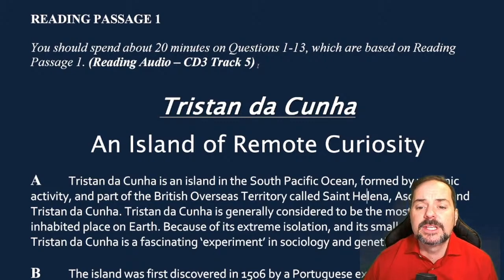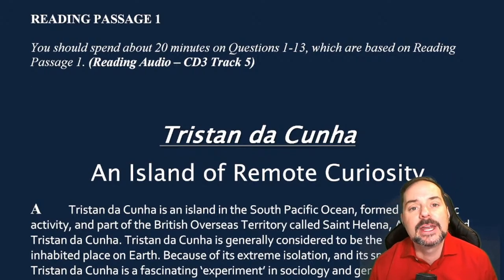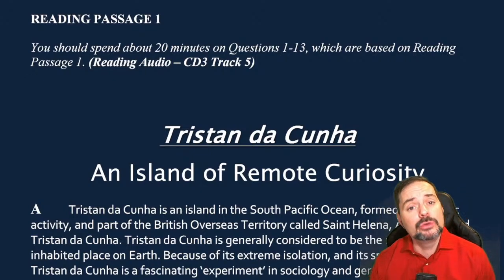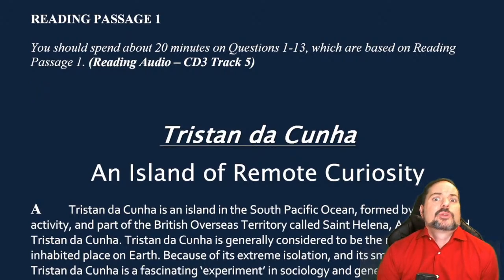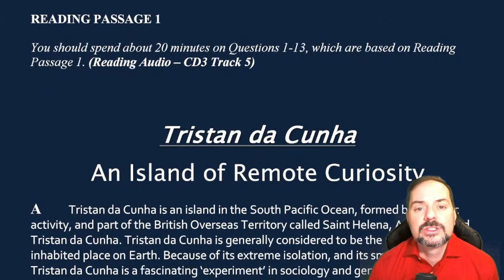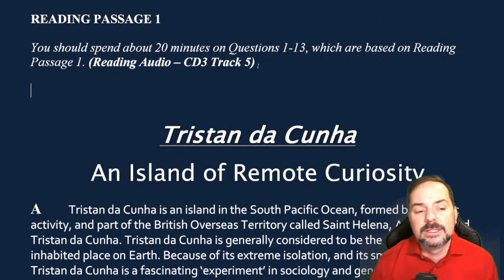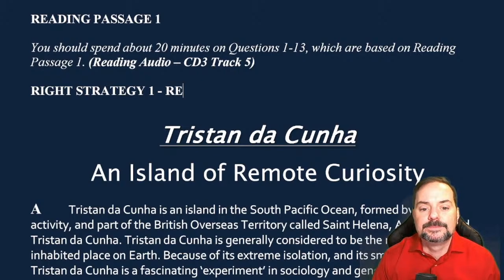So the first tip here when you're reading, and it's the right strategy, is to read the title. The wrong strategy is to skip the title. Sometimes students get that information like, oh, you don't need to read the title, just start reading, just start looking at the questions. Looking at the questions, what? How do you even know what the questions are about if you don't read the title? So you have to read the title. So right strategy 1, read the title